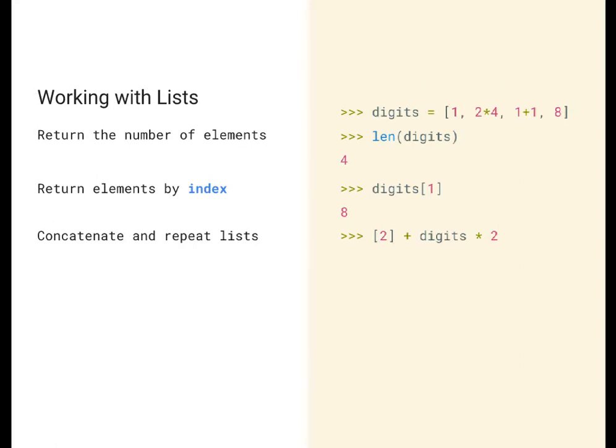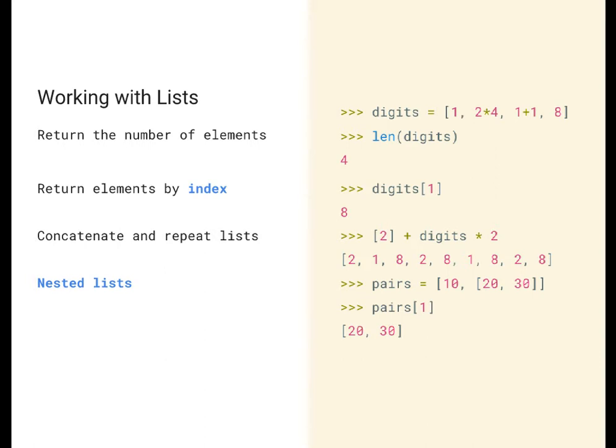We can also have nested lists. I can put lists within other lists, because lists themselves are also values. So if I want to get that nested list, I can say pairs of 1, which will give me that inside list 20 and 30. Then I can select more information from that list using another set of brackets, because I know pairs of 1 evaluates to this list. So it's like I'm saying this list at index 0 should give me 20. And so that gives me 20.